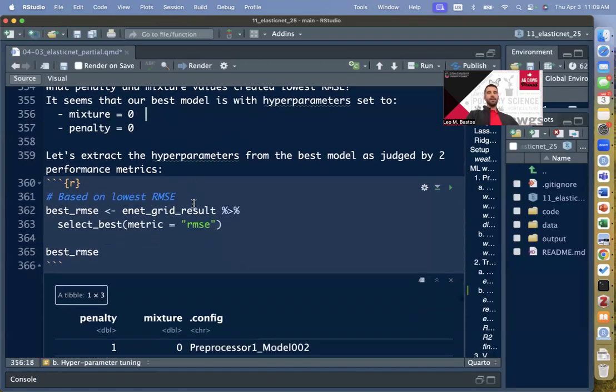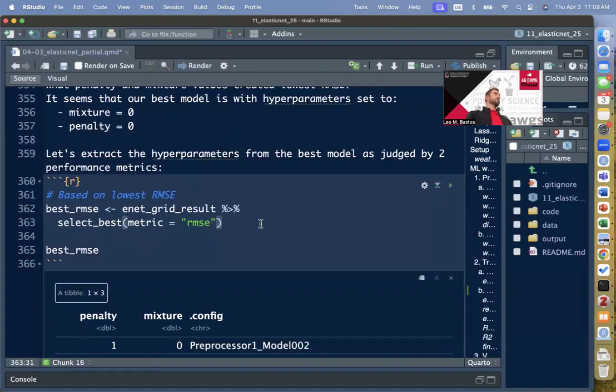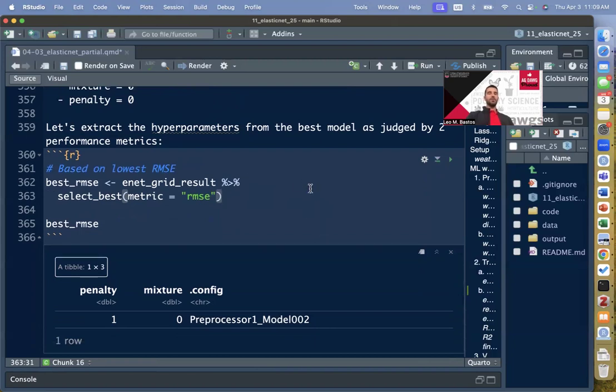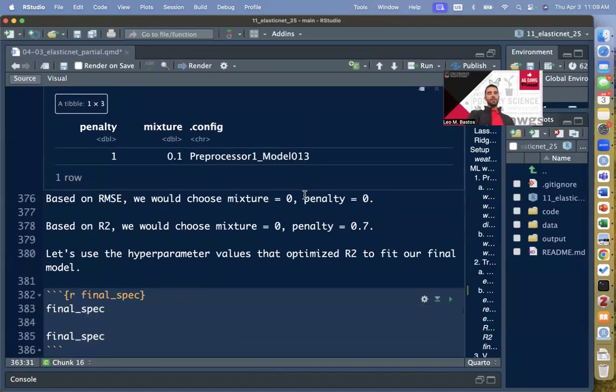But really, because we're developing the code, we're running things maybe more than once as we're writing the code. But ideally, you would develop the code and then run as one independent thing, right? And then the results would most likely match between what I have and what you have. So when I was developing this and I ran as one thing, I got these best hyperparameter values instead. Based on RMSE, I got mixture of 0 and penalty of 0. Based on R squared, I got mixture of 0 and penalty of 0.7. I'm going to use those values instead,